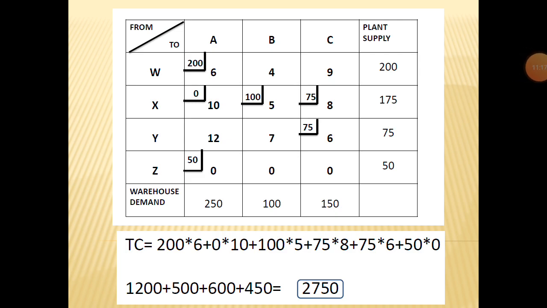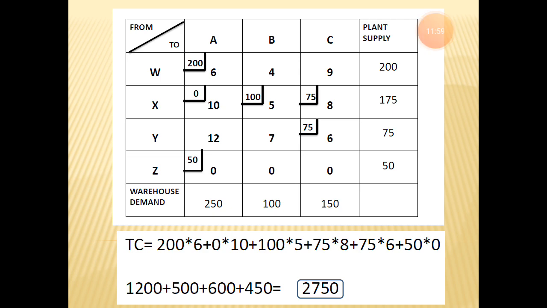Here the maximum amount in the supply is 200 and in the demand is 250. Which is the maximum here, supply or demand? The supply is 200. As much as possible you have to allocate, 200 to the W station, with the cost 6. Then what is the remaining? 50 is the remaining. We have to allocate 50 to the remaining station.